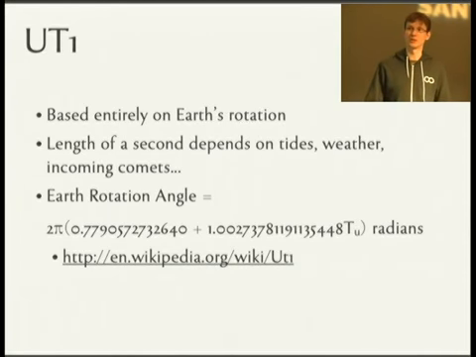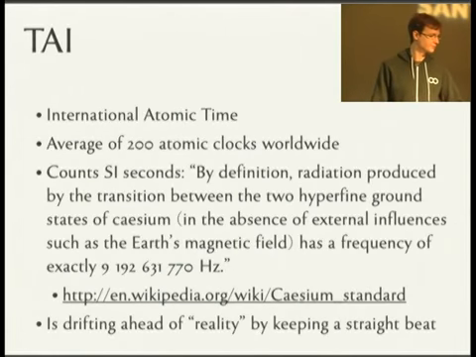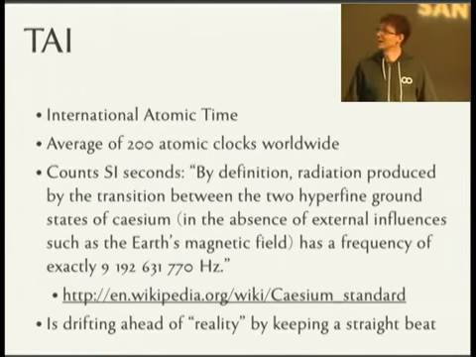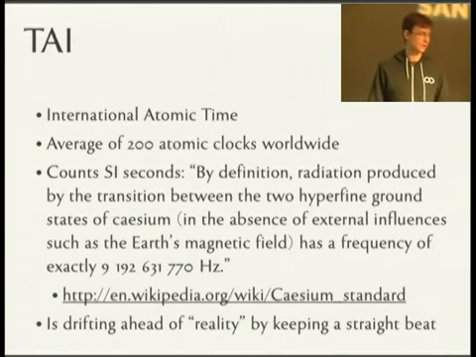But it's an interesting one, because on the prime meridian, the sun should be directly overhead at noon, by definition. Which brings us to TAI, International Atomic Time, which counts an even SI second, as defined by the atomic clocks. They have approximately 200 worldwide, and they are averaged, and also corrected for their height above sea level, because they're sensitive enough that relativistic effects are actually noticeable. And it drifts ahead of reality, because the SI second is, on average, shorter than a UT1 second.